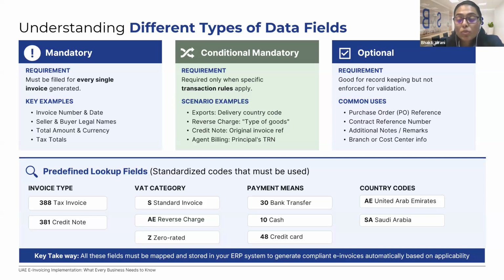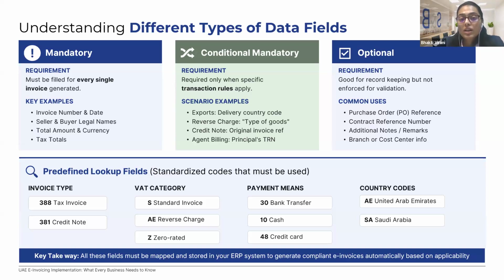So what has to be done now is we have to start comparing our existing data fields with the new data fields, and also, in cases where it's a predefined lookup value, configure our SAPs to include that list, so that tomorrow when an invoice is being generated, all these fields are already there in the system. Only then will it meet the validation and run to the customer and the FTA authorities. So this is about the data fields.